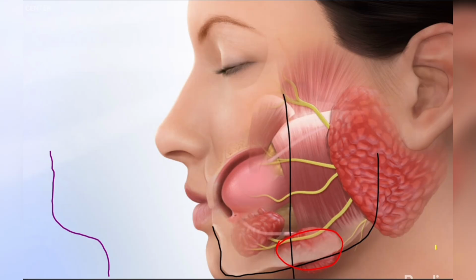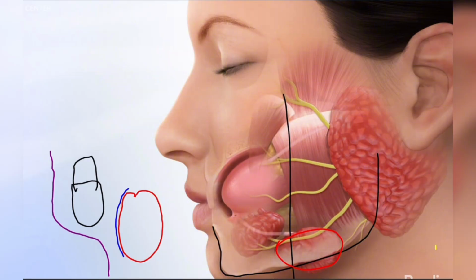The jawbone would be here with the tooth in it, right? And the submandibular gland, which we'll draw in red, is partially behind the jawbone. Now, the gland has a covering on it,